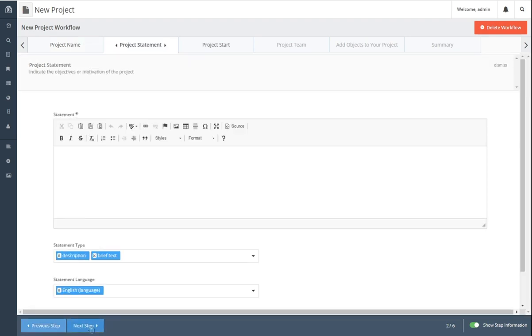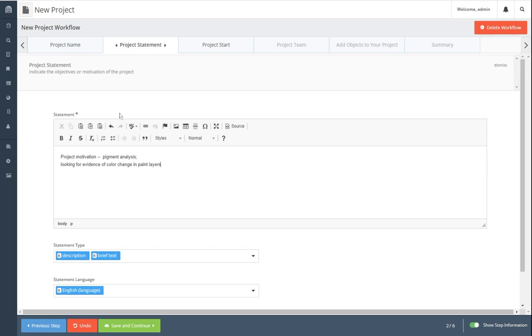save and continue. The next page asks me for things like a project statement, and it indicates here in this gray menu that that could include, for example, the objectives or the motivation for the project. Basically, this is providing you an opportunity to include some contextual information that may allow researchers to understand why a particular research was undertaken, in case that helps them understand the data itself. So here I'm going to note that the motivation for the project was pigment analysis and that we're looking for evidence of color change. Again, that may help researchers in future understand why I took the specific data that I